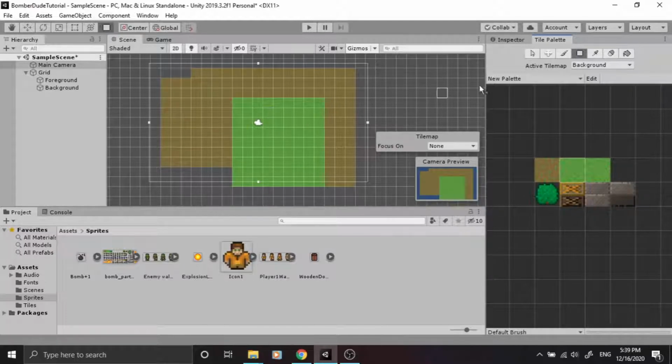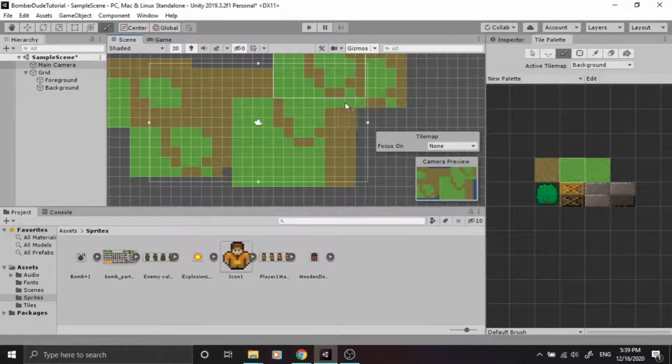Now the next tool is this dropper tool, with which we can select a new tile, and also we can marquee select a portion of our tile map. So here we go. You can do a similar thing with control, which also lets you marquee select, and also you can select a single tile.